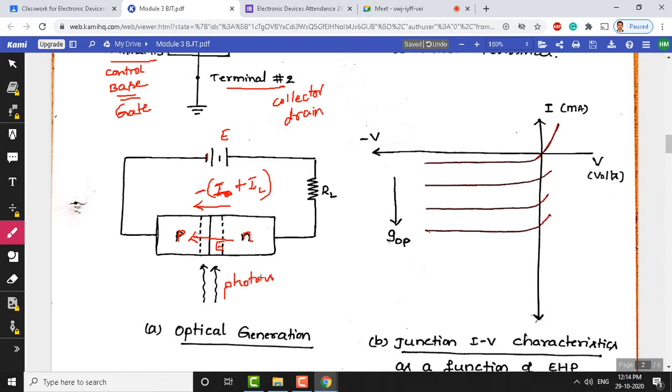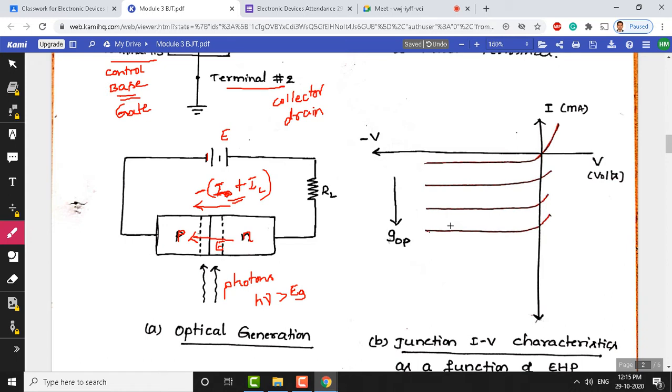If the photon energy h nu is greater than the forbidden gap, then it creates an electron hole pair in all three regions, neutral P, the depletion region and neutral N, and the field makes the charge carriers move from the N side to the P side, and current flows from the N side to the P side. So, the net current flowing in the illuminated PN junction is minus of I naught plus IL. This we have already seen in module 2. The reason I have taken this diagram once again, I would like to clarify a little later.